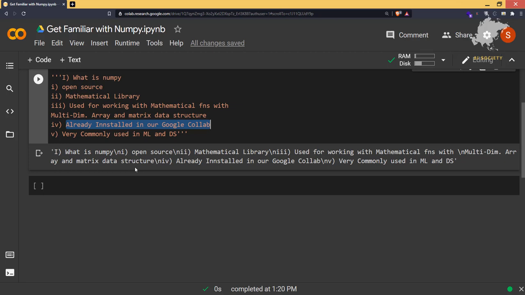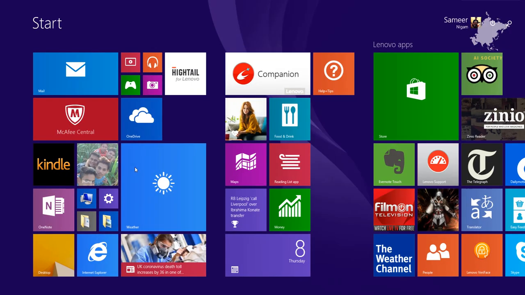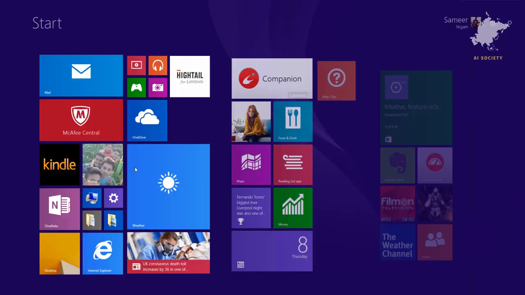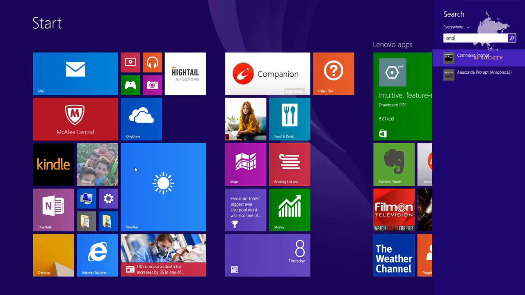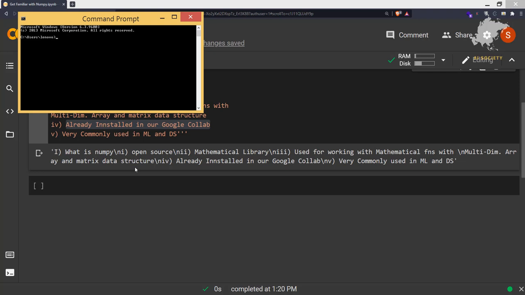Since we are using Google Colab, you must know how to install NumPy on your own system. Simply go to your command prompt by going to your Windows, then type cmd, and the command prompt will open. After that, you have to type pip install numpy, and your NumPy library will get installed in your system.